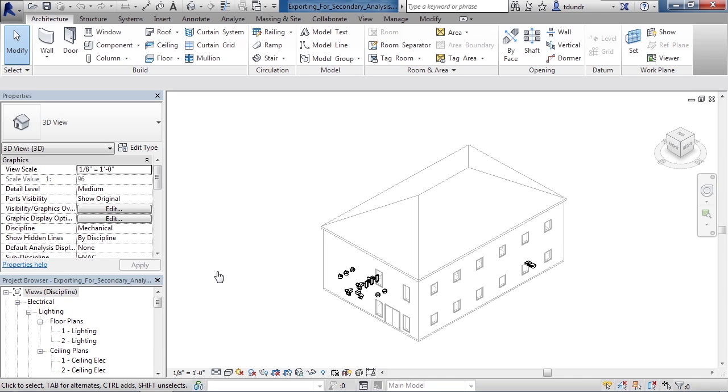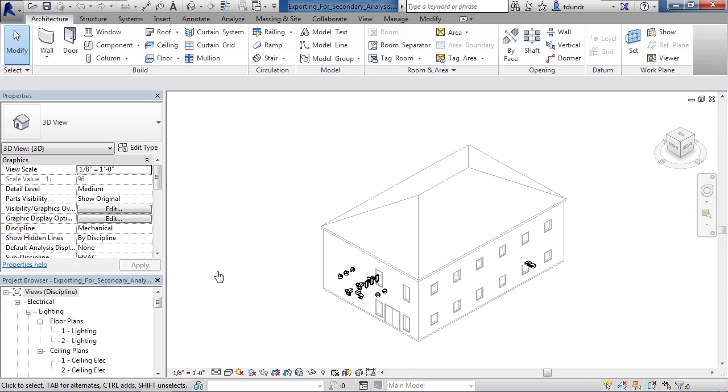In this lesson, we'll cover exporting the energy analysis for secondary analysis. Now, you may ask, why do you want to export this analysis for secondary analysis in the first place? Well, there's other tools out there that actually take the analysis that Revit does well beyond what you actually get in the reports back. Some of those tools include TRACE 700 and Carrier's HAP. So they'll actually report back a lot more in terms of reporting on your model than what you'll get from